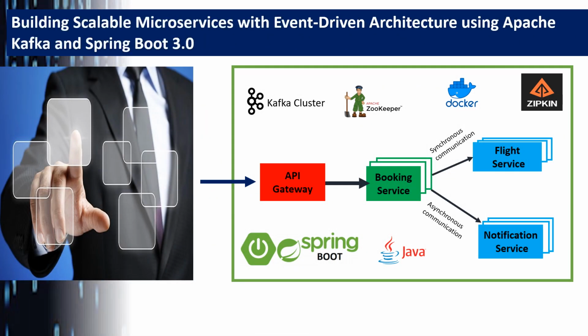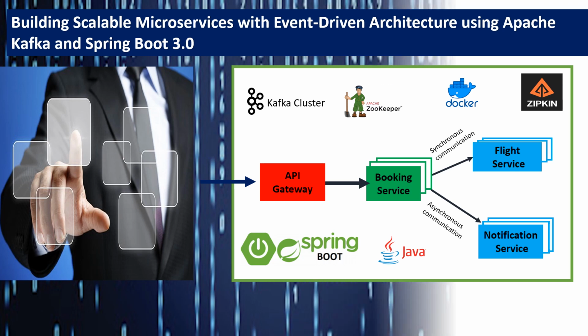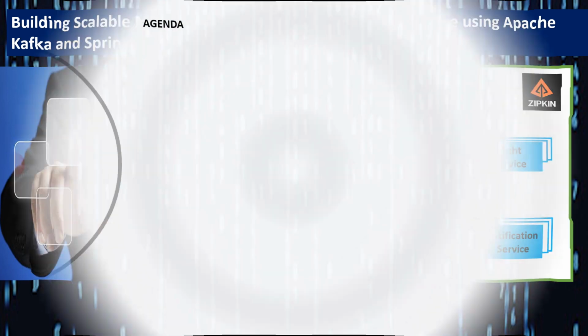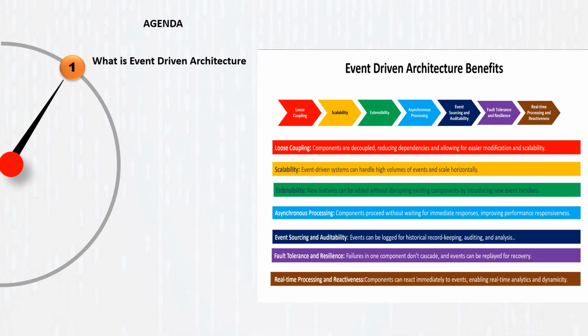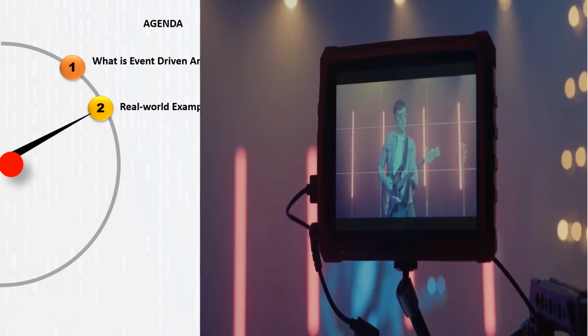In this article, we will explore the power of event-driven architecture using Apache Kafka, microservices, and Spring Boot 3.0. We will begin by understanding the fundamentals of event-driven architecture and its benefits in building a scalable and resilient system. Real-world examples will be provided to help you grasp the concept of events and their role in driving the system